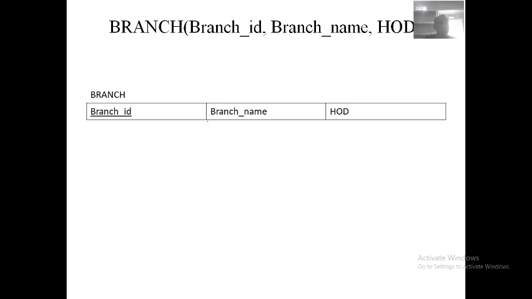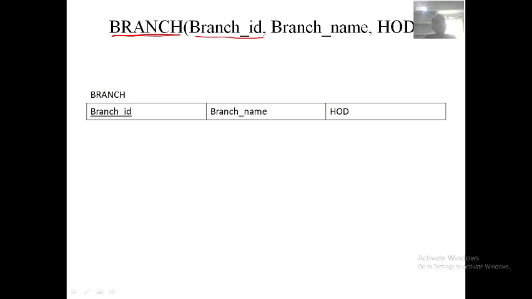Now see, this is the branch table. This is called a table name. And every table, the branch table, is having some attributes. Which are those attributes? Here the attribute is branch ID, like computer science is one branch. Branch is having some ID, CS.